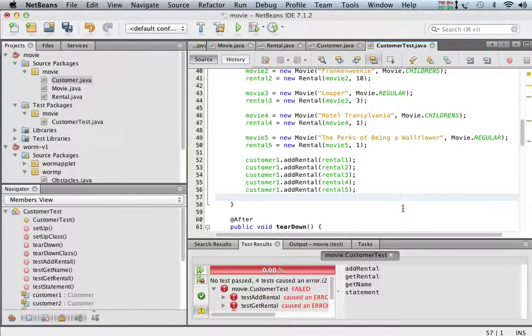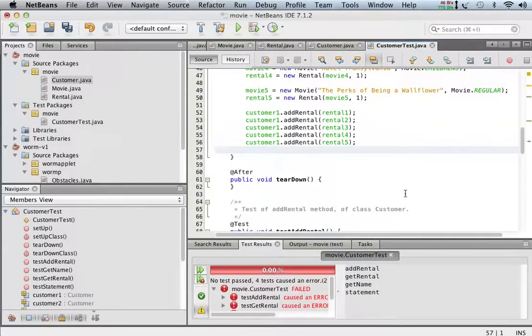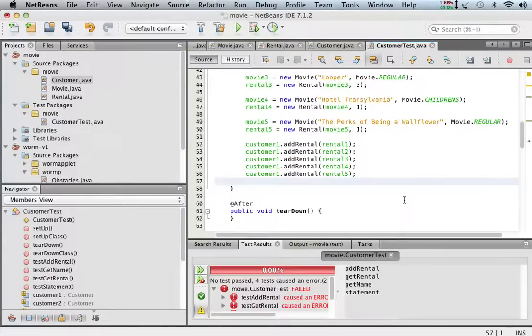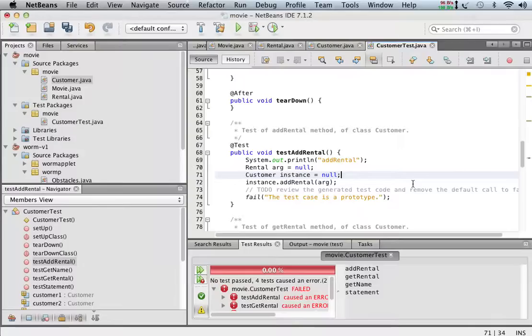Okay, so now, I kind of went back and forth as I was testing. I figured out what I wanted to do in the setup. So what I'm showing you is not the exact order that I developed things in, but it's to give you a feel of how these things work, and as you get practice, you'll get a better and better idea of how to put these things together. But anyway,